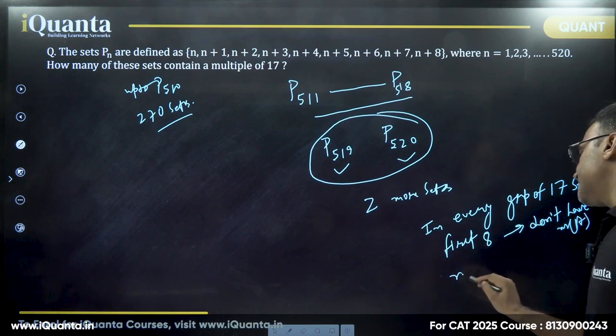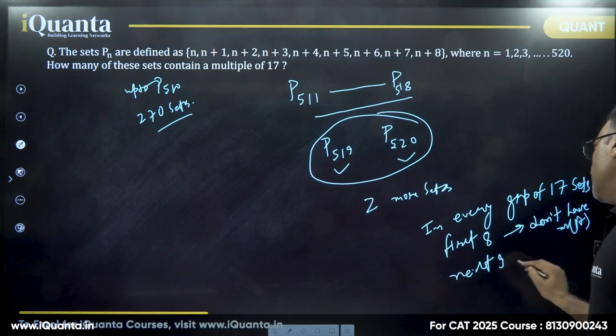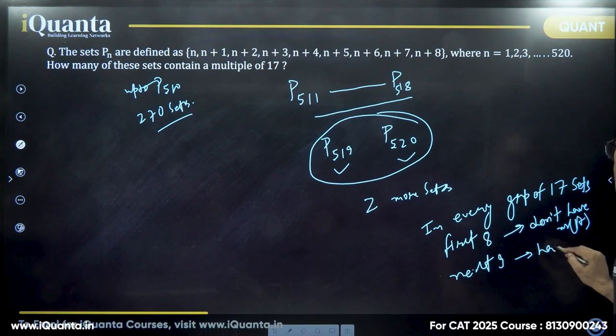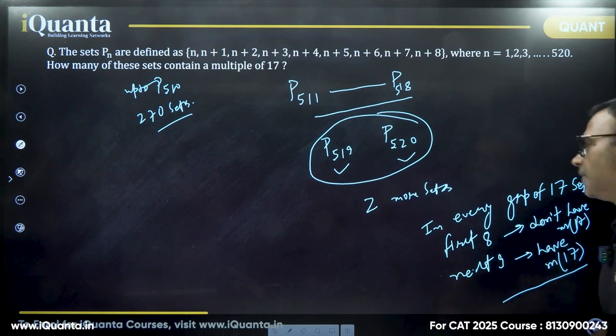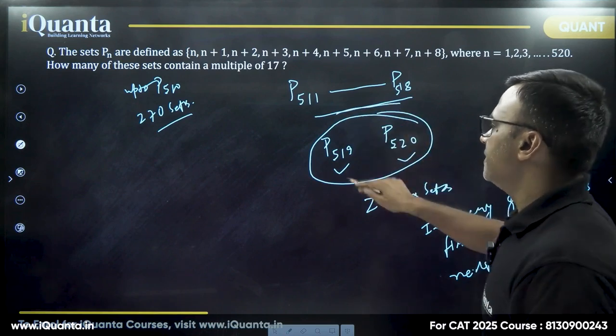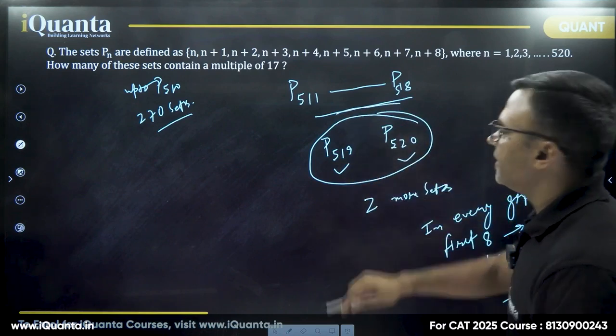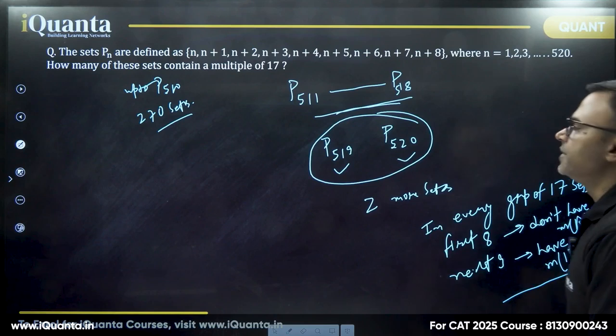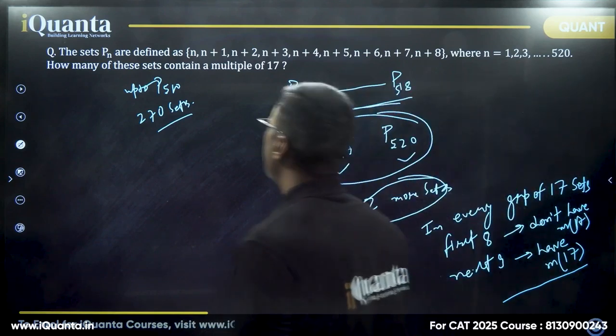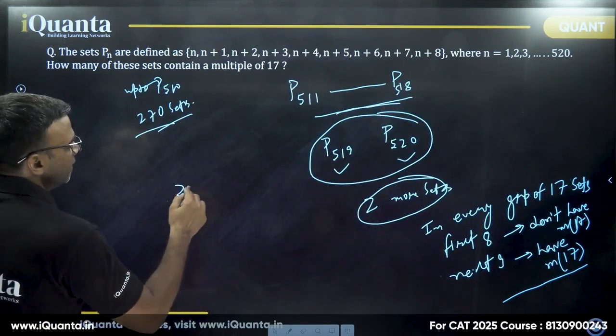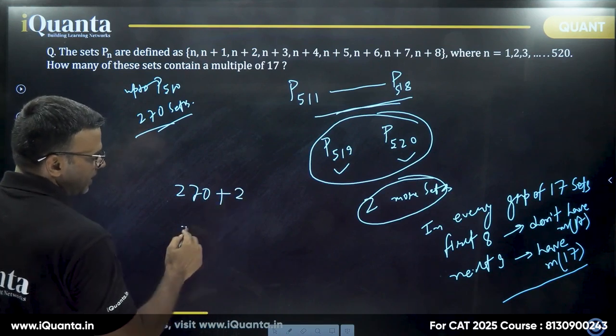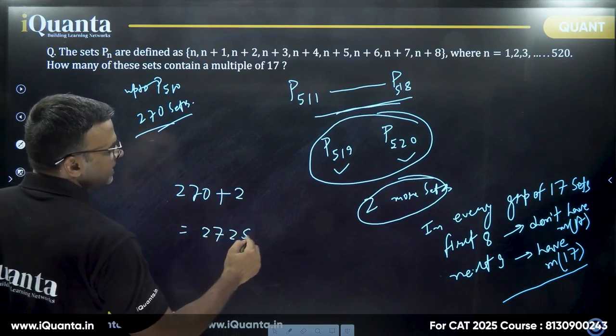And the next 9, each of them have a multiple of 17, right? So first 8 will not have a multiple of 17, P519 will have a multiple of 17, and P520 will have a multiple of 17. So 2 more sets. So the final answer of the question would be 270 plus 2, and that is 272 sets,